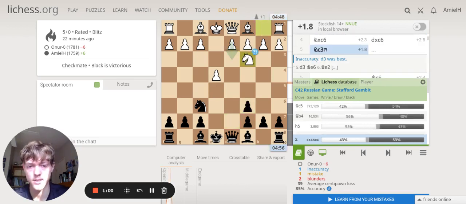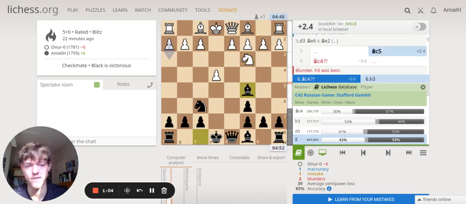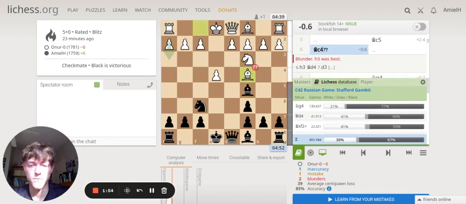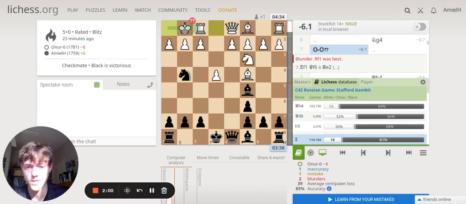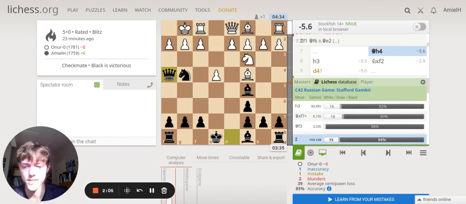He plays knight to c3, immediately messing up, and I play bishop to c5. Here my opponent plays bishop to c4, and I play knight to g4, threatening to fork his queen and his rook. He castles, and now I have this move queen to h4, which threatens mate and re-threatens the fork on